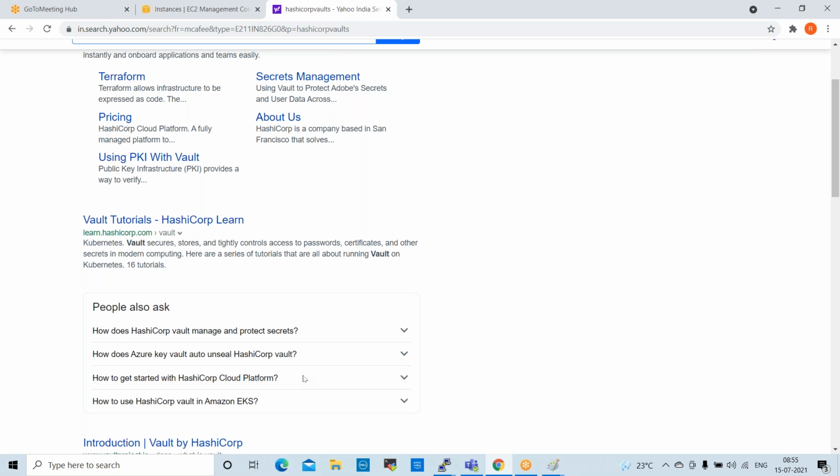To protect passwords, secrets, APIs, and certificates, we use Docker vaults. How can you use that? Using HashiCorp vault. HashiCorp is the organization. It is a third-party tool, so we can download it into Docker and protect the passwords, secrets, and certificates. It is a simple, theoretical concept. If you get that question, you can answer like this.